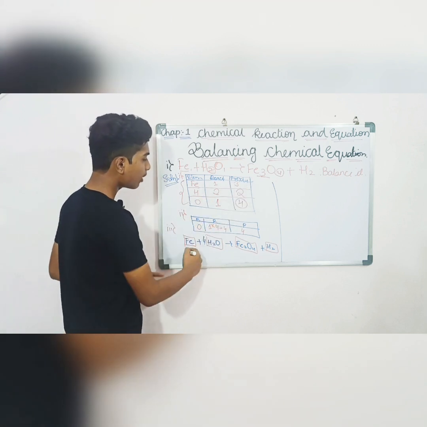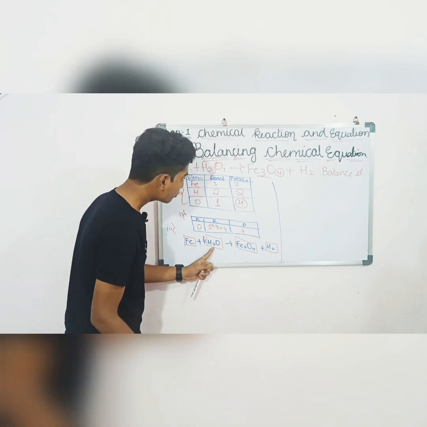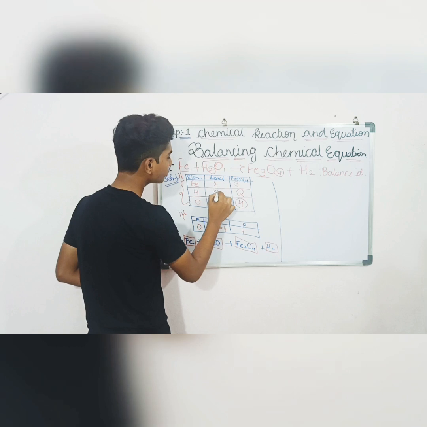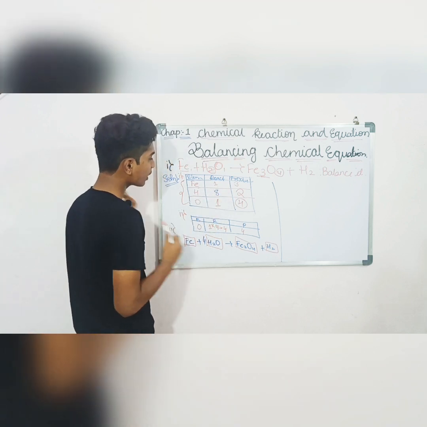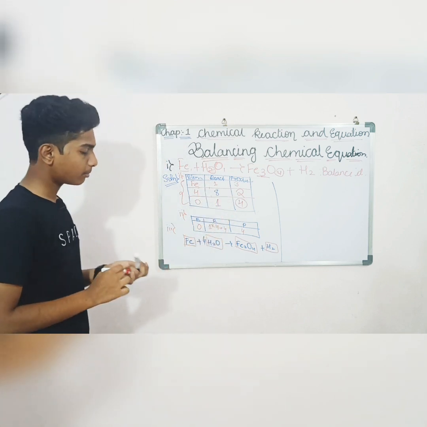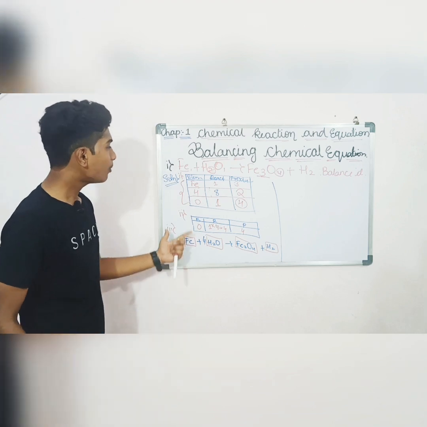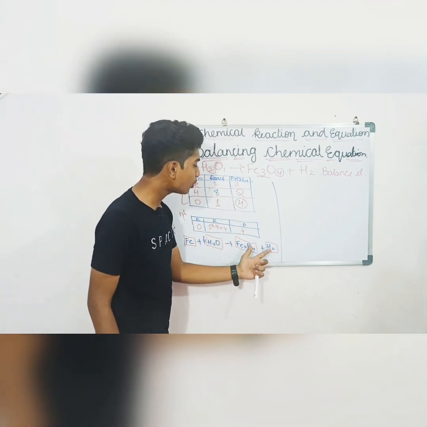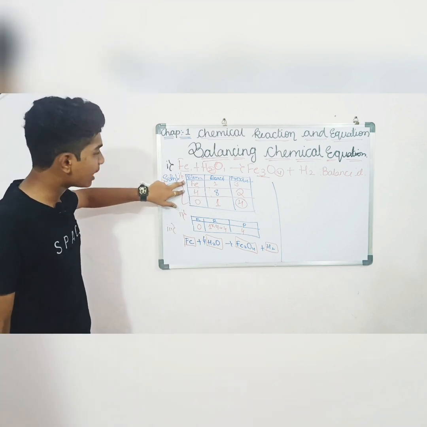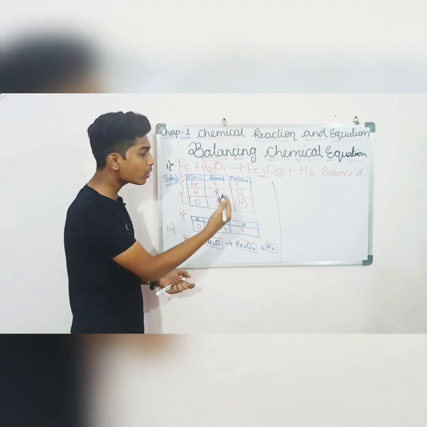Fe is 1 and here is 3. Now hydrogen atoms are 4 2s are 8. Hydrogen atoms will become 8 at reactant side. Before it was 2, now it became 8. This is not necessary to write, but still. Now 4 2s are 8. Reactant side hydrogen became 8. Now product side hydrogen is still only 2. Now again examine these two given elements, which has more number of atoms. Obviously hydrogen has more number of atoms.